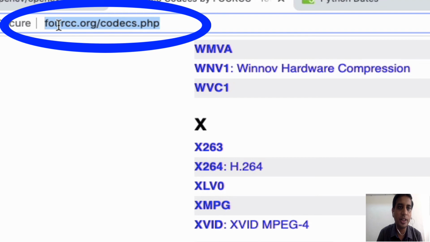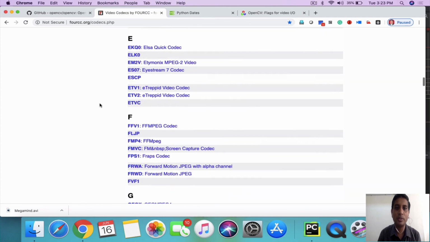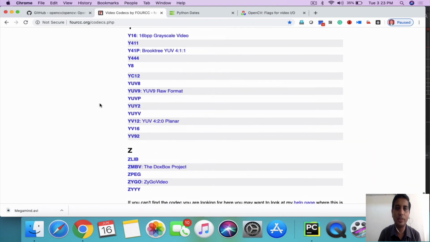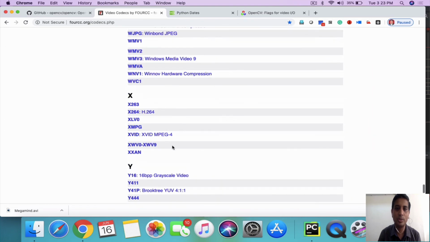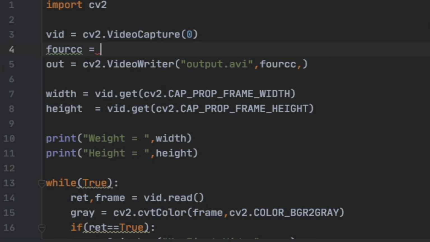See this website, fourcc.org, and the different codecs. Here there are different codecs available for video recording. Out of these you can use any one, but mostly we use MPEG-4 video. To record MPEG-4 video, the 4cc code is XVID. So what we can do here is create the 4cc object by using